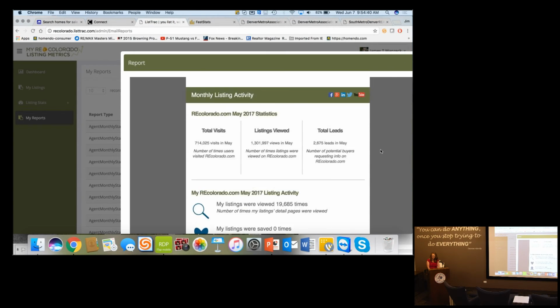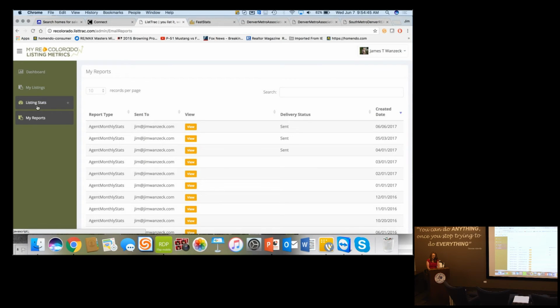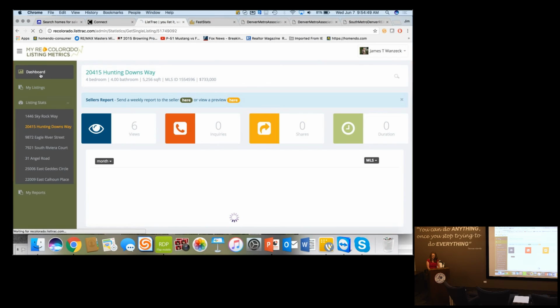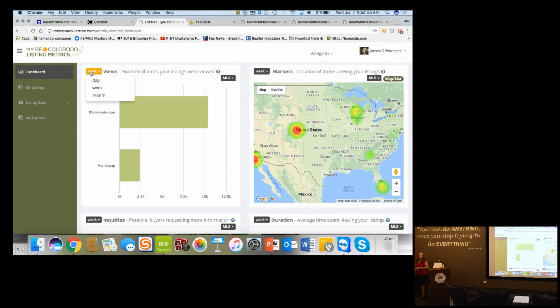On the new version of this that's coming out, we not only will have the ability to look at, let me go back to our dashboard here, week, month, and day. We will also have a custom date range option. In the new one, when it comes out in July. So there were some enhancements that were requested. It's organized a little bit differently on the dashboard. It brings up your top 10 listings right on the dashboard and their performance, and then you can drill in